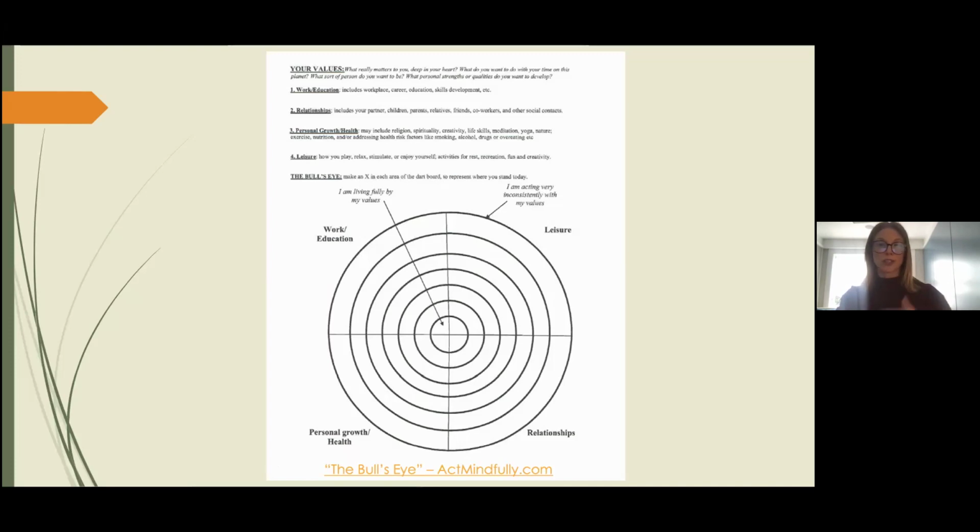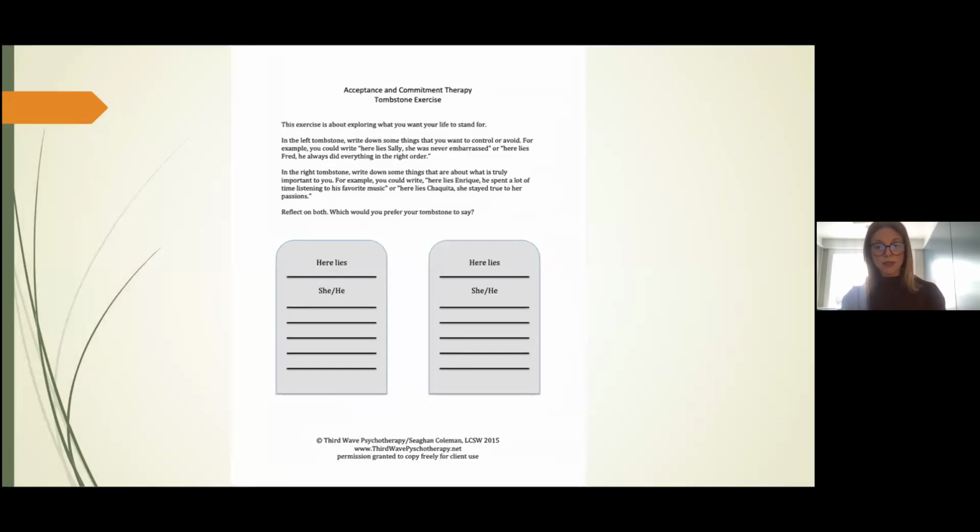And again, all of these are just sort of invitations without any expectation about what someone's going to write down. Some people write down goals in this, like very action-oriented steps. And that can be a helpful conversation then around values. What are values and what are the differences between goals?